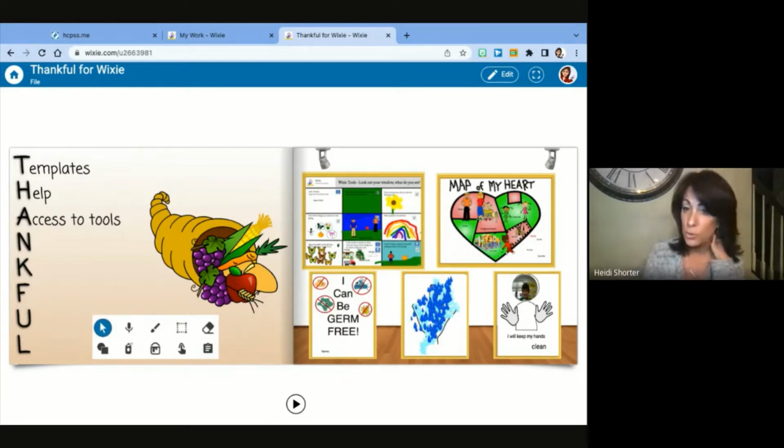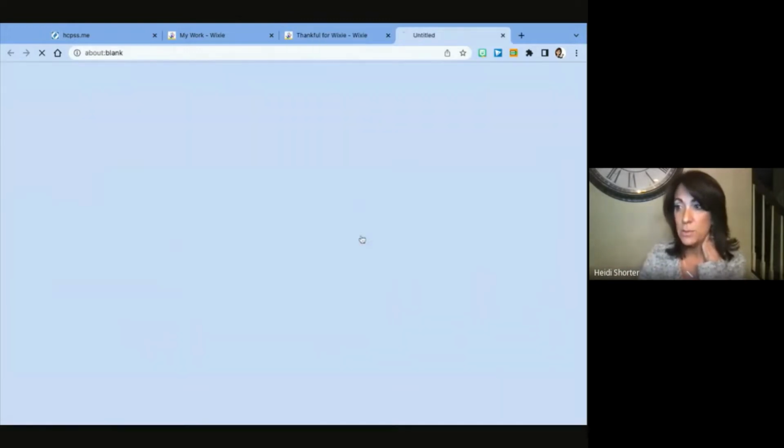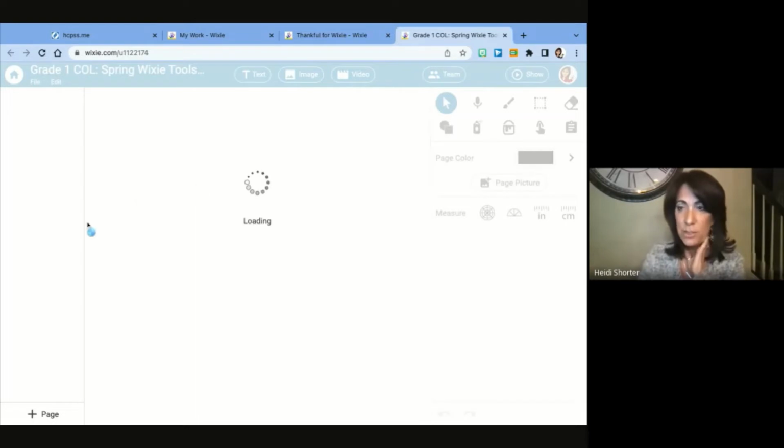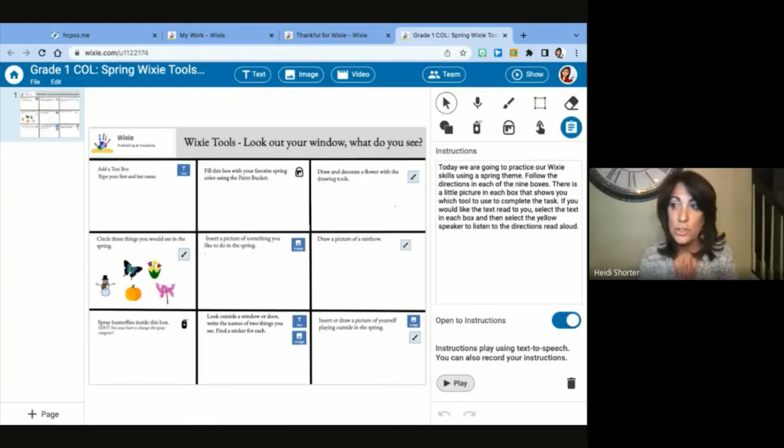So you can take older kids who have learned tools and you can say, okay, here, show me what you know. And I have a little bit of an example of that coming up. But for the younger students, sometimes what we do, and I'm going to go ahead and click on this one so you can see, was one that we did in the spring last year: use your Wixie tools to show us what you see when you are in springtime.